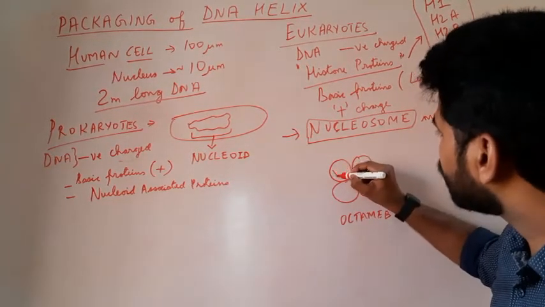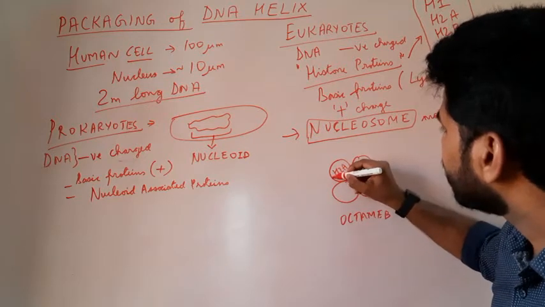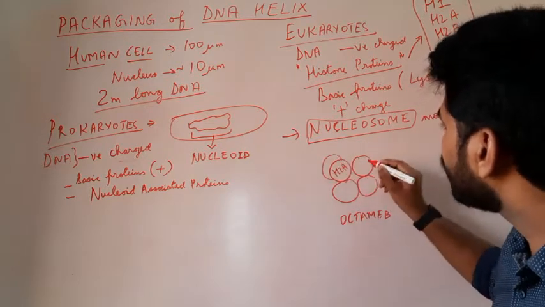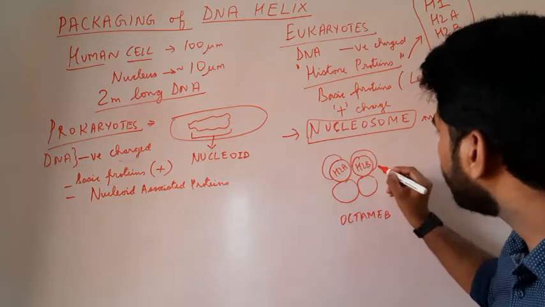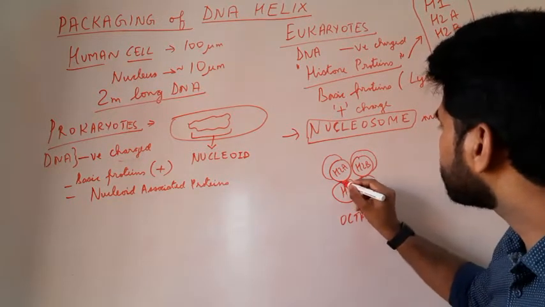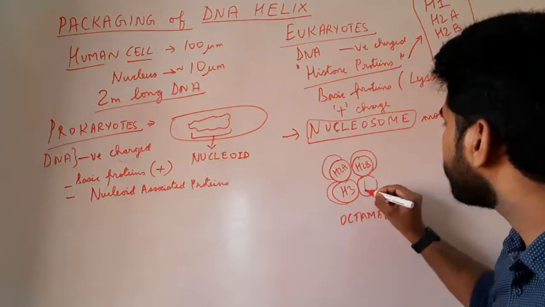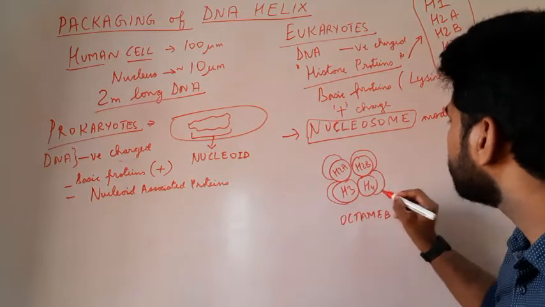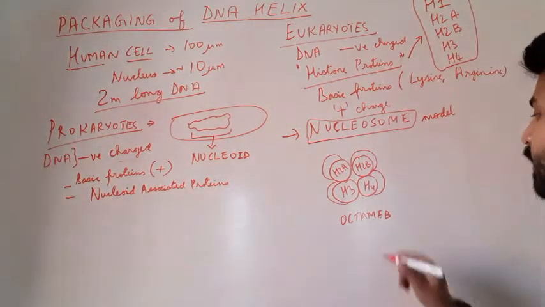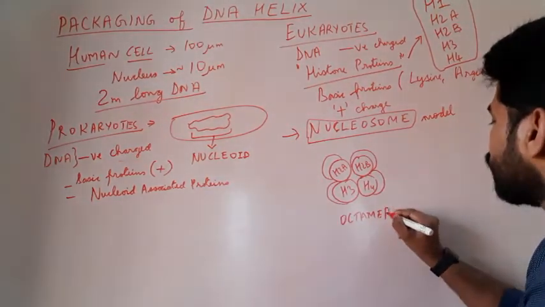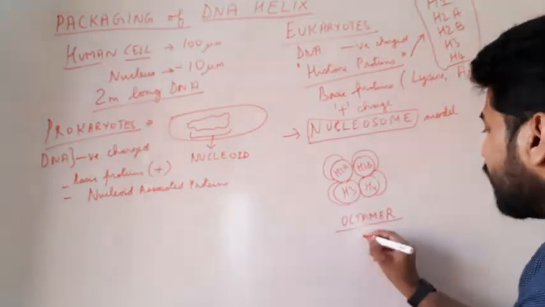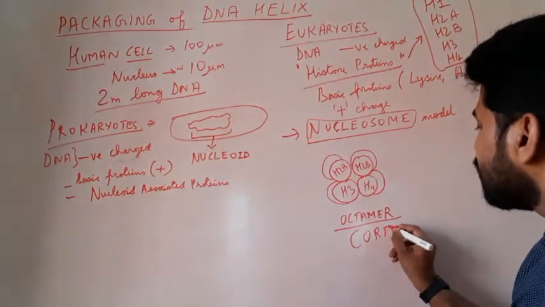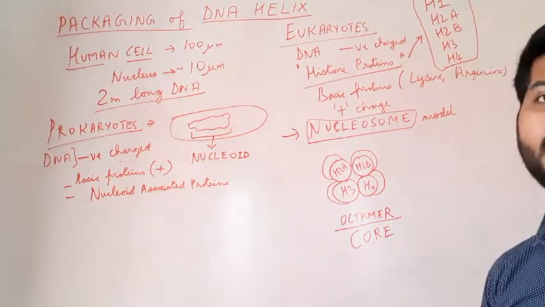H2A contains 2 units, H2B contains 2 units, H3 contains 2 units and H4 contains 2 units. In total, these 4 histone proteins form what is called an octamer, and this is the core of the